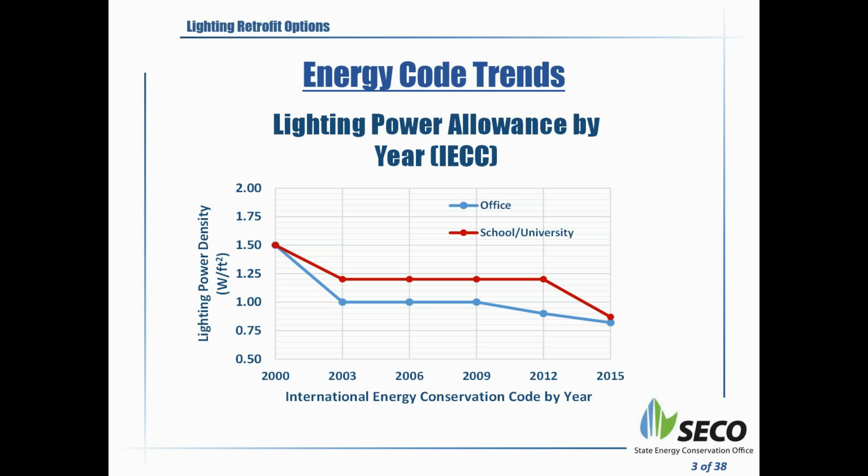Currently, the state of Texas is on the 2015 Energy Code, and you can see a pretty dramatic drop in the watts per square foot allowed when you're designing new schools or offices, commercial spaces. So you can generally see the trend of how the energy codes have been impacting the design and the layout of the lighting systems. So at this point in time,